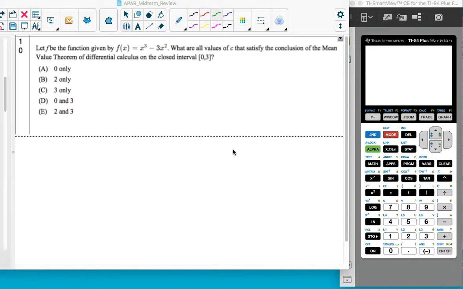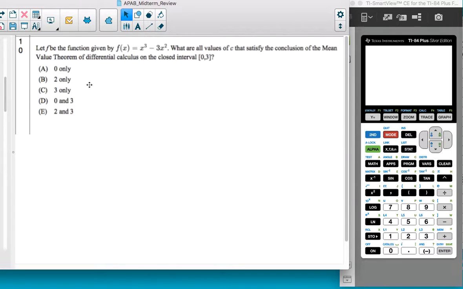All right, this is AP AB Calculus. We're doing the midterm review, and this is multiple choice number 10, which is non-calculator. Let f be the function given by f of x equals x cubed minus 3x squared. What are all values of c that satisfy the Mean Value Theorem for differential calculus on the closed interval from 0 to 3? So there's an interesting trick here, and I'm going to point it out because this problem always